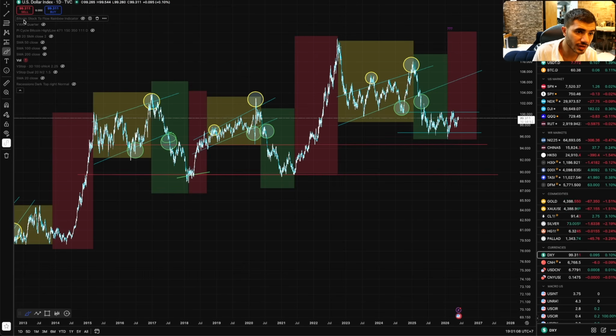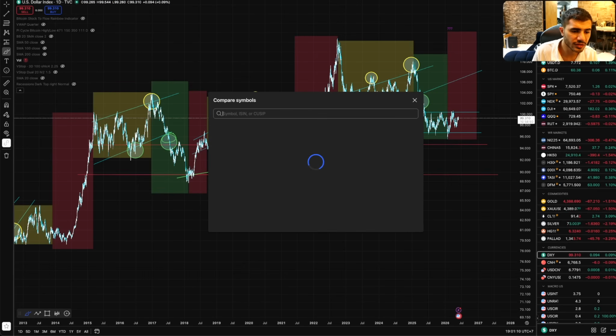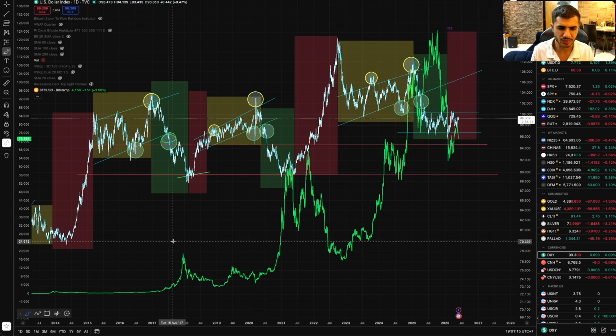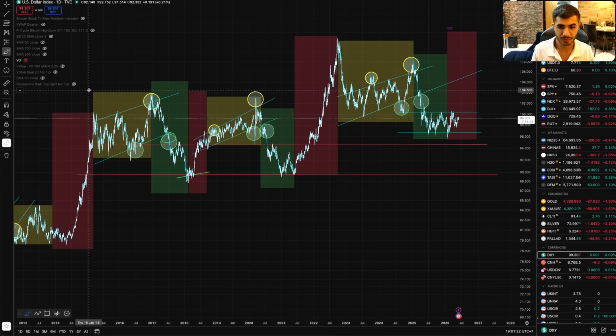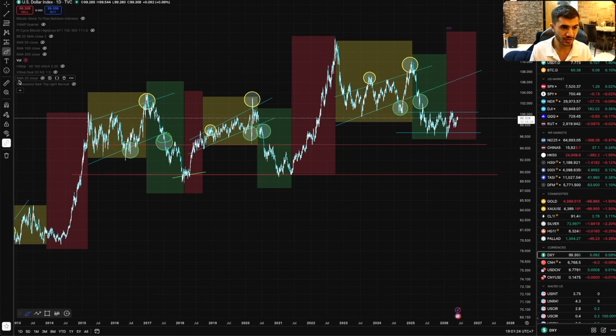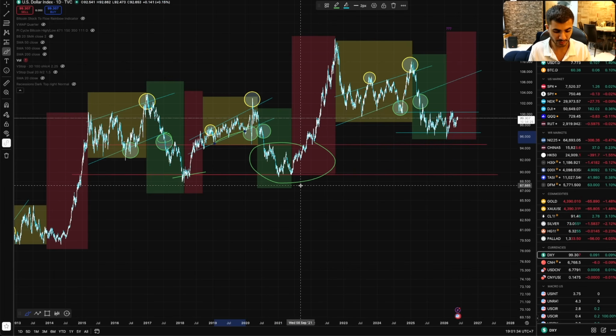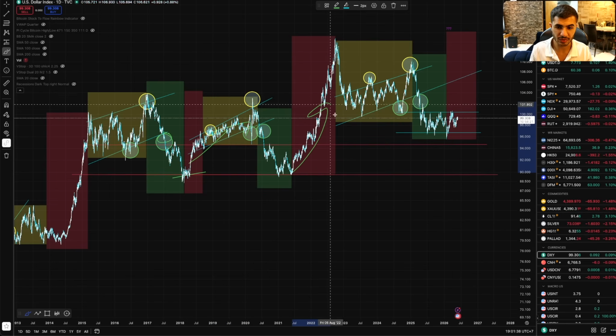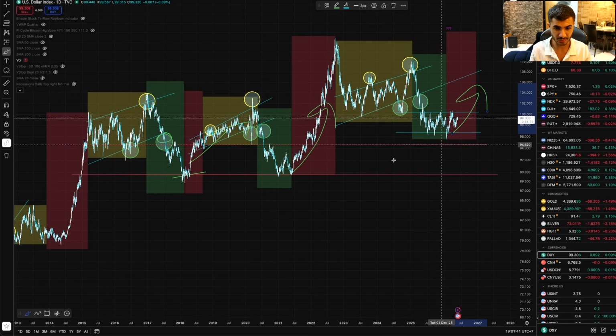Bitcoin's bear markets. If I can get Bitcoin's price right here, just for you to see quickly. New price scale. Yeah, you see, bear markets coincide with that red zone. And this could be just the next major red zone that we will see. So that's how the structure plays out, right? As you can see, we did form a parallel channel upside, manipulate below and above it, break down, consolidate a little bit at the range low, and then slowly or aggressively build up to the upside, which is bad for risk assets such as Bitcoin.